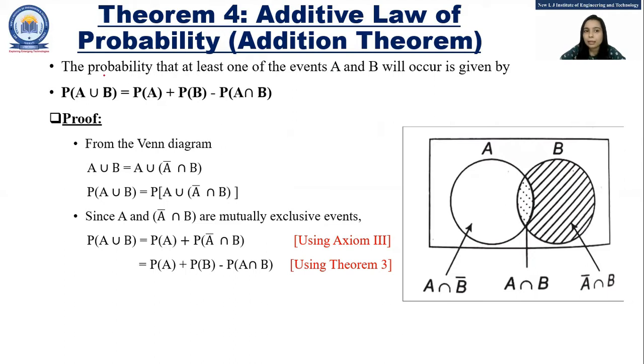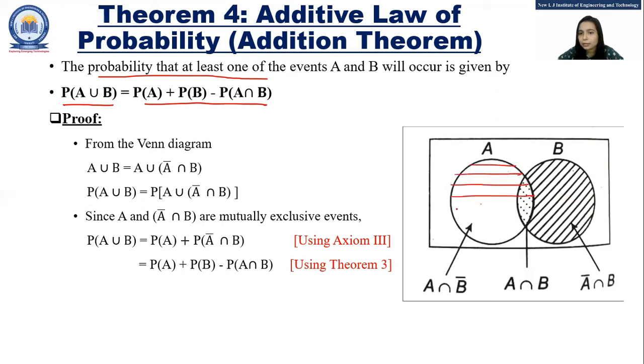It is given that the probability that at least one of events A and B will occur is given by P of A union B equals P of A plus P of B minus P of A intersect B. So what is the proof for that? From this Venn diagram, you can see that A union B is nothing but